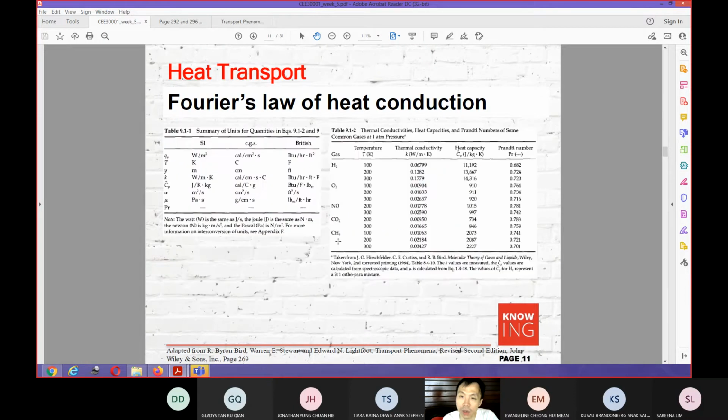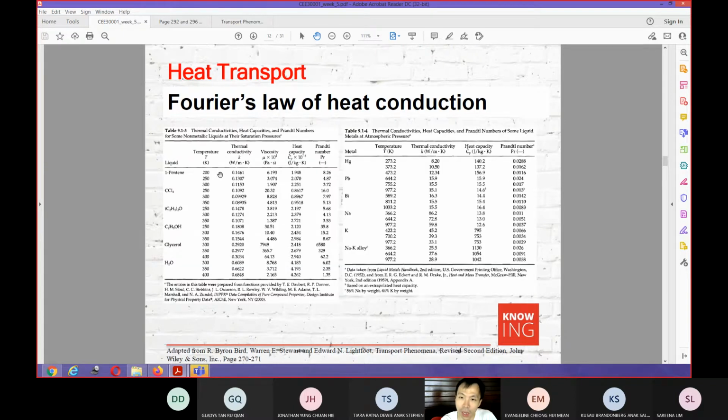So now we go into the thermal conductivity magnitude, like what I have gone through with you in week 2. So as you can see in here, you can sort of show the thermal conductivity. Okay, so there is a difference in terms of the thermal conductivity relationship for the gas and the liquid. For the gas, for example, in here, the thermal conductivity will increase with increasing temperature. Okay, for the liquid, on the other hand, it will decrease with increasing temperature.